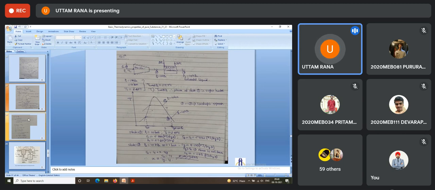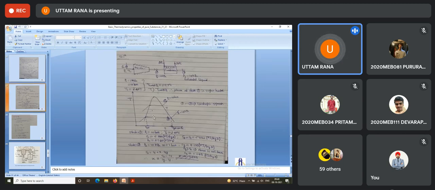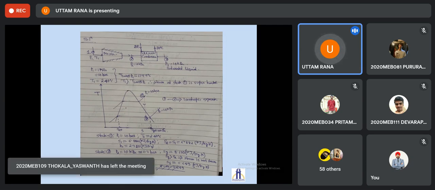Let us discuss another problem. What is that problem? I will partly solve this problem based on the thing here. In this problem, some steam is expanded in a nozzle. The initial pressure is given as 1 MPa, that is 10 bar, and it is expanded in a nozzle so that its pressure becomes 10 kPa. What is a nozzle? It is a device, a steady flow device, where the pressure is basically converted to produce velocity.